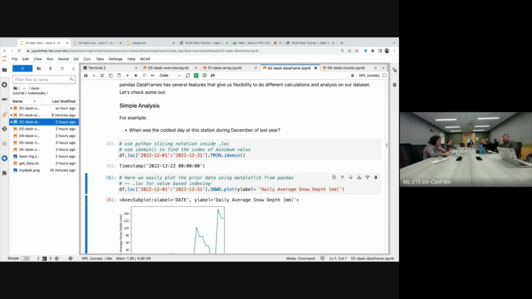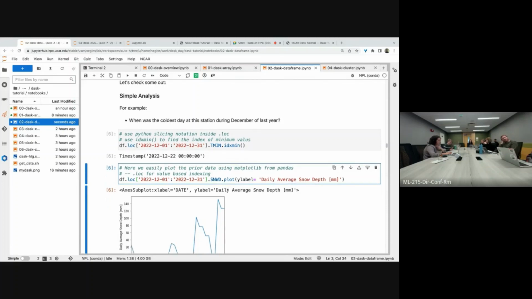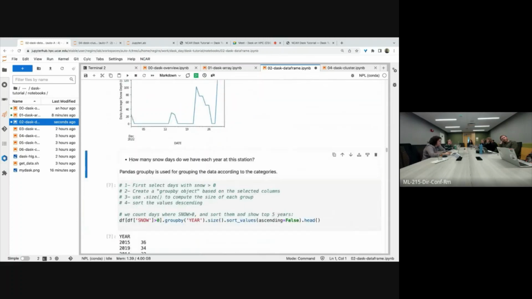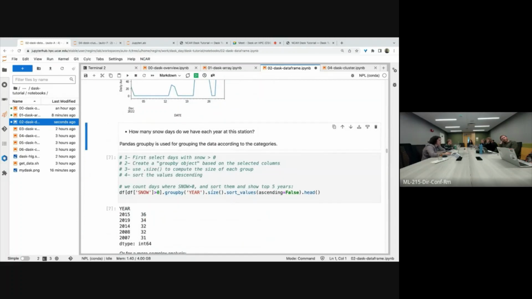Similarly, we can do plotting with pandas easily with just one line. Here, I sliced the data first, then selected the snow depth and just plotted it. I added a label to this, and easily you can create a plot with a pandas data frame. This is a little bit more